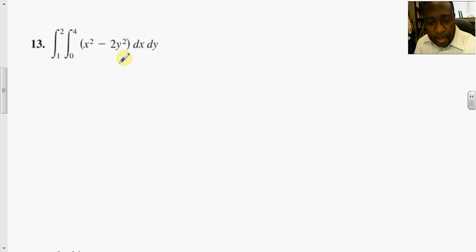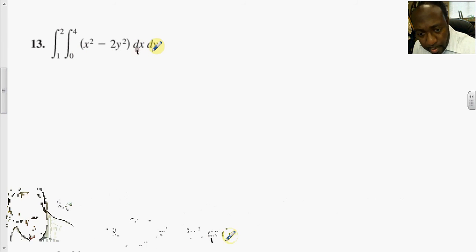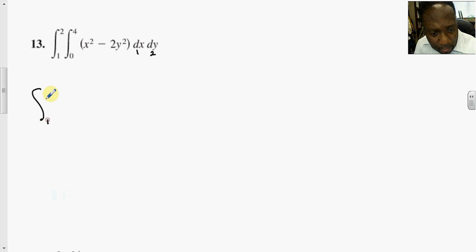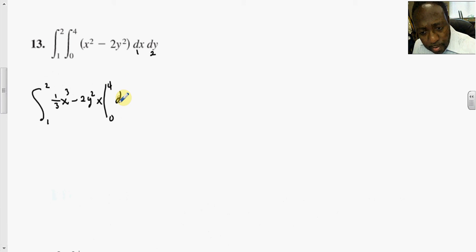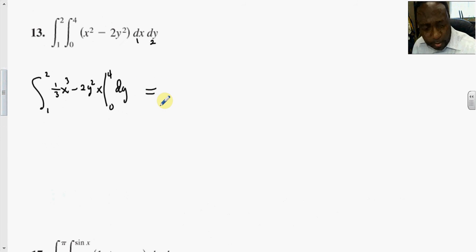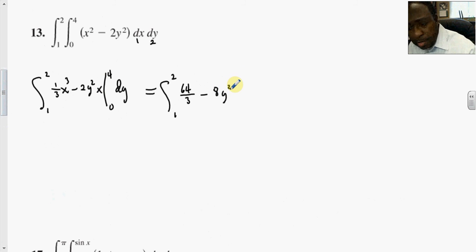Integrate this first with respect to x because the dx comes first, right? So this is the integral from 1 to 2. Integrate with respect to x, we get 1/3 x to the third minus 2 y squared times x. Evaluate the x from 0 to 4. And so this is, better go this way just to be on the safe side, the integral from 1 to 2. This is x to the fourth, so that's 64 divided by 3 minus 2 times x evaluated at 4 is 2 times 4 is 8 y squared